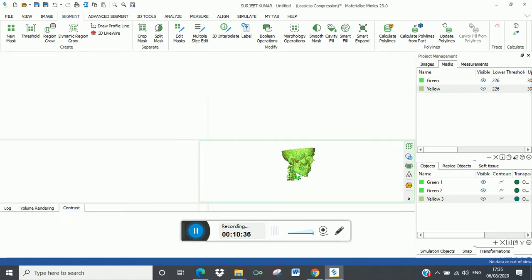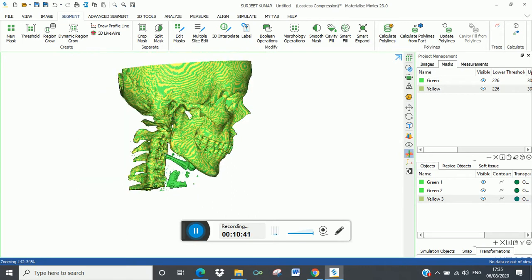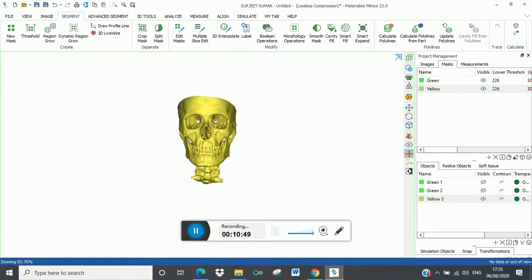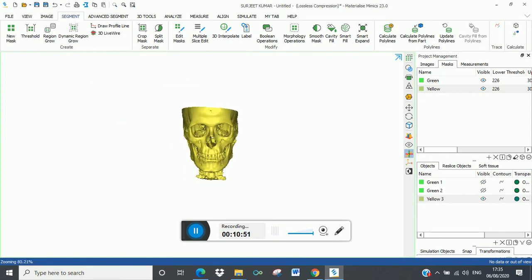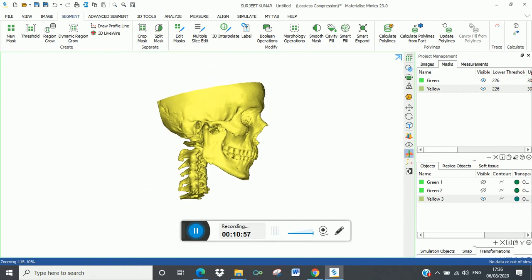After we have zoomed in and you can see all the noise here, I'm going to hide my green mask and you can see one clear mask available, right? Now, my next step would be to isolate or to separate the mandible from the maxilla. For this,